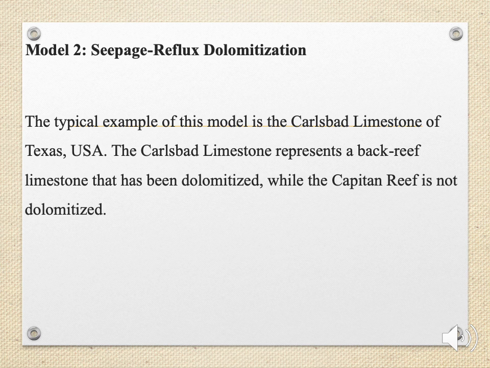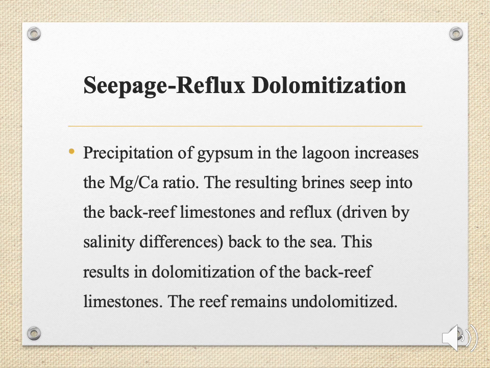The next model is the seepage reflux model. And the typical example of this model is the Carlsbad limestones of Texas in the United States of America. Now, the Carlsbad limestone represents a back reef limestone setting, and that limestone has been dolomitized while the Capitan Reef is not dolomitized. So what you have happening here is the precipitation of gypsum in the lagoon, and this increases the magnesium calcium ratio because to precipitate gypsum you're taking out the calcium, and this